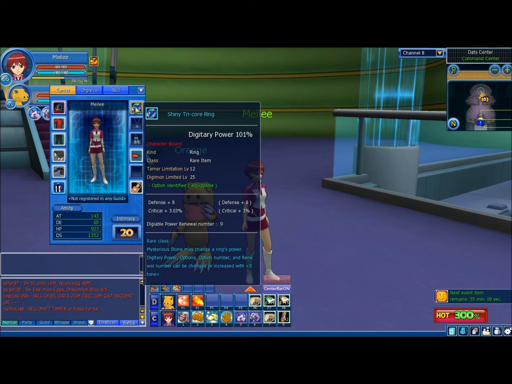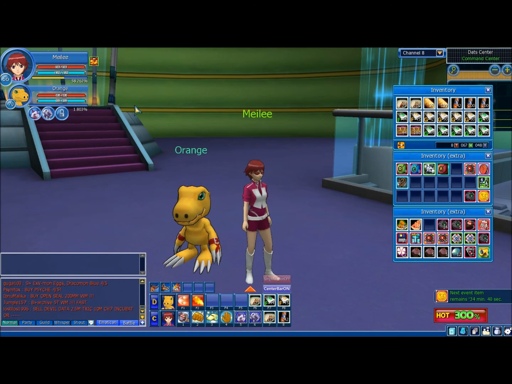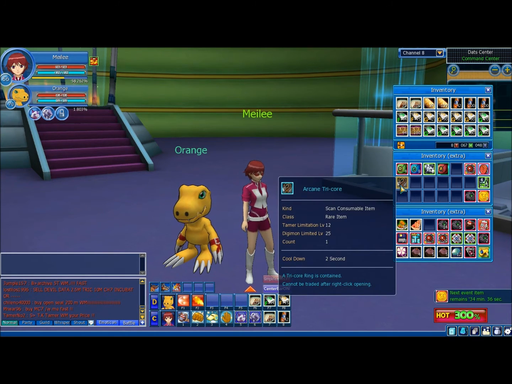For example, Digimon level 20 to 25 will give you a double-core ring. Digimon level, what is it, about 30 and above will give you a tri-core ring. Currently, if you're spelunking in the dungeons, you'll get an even higher, more powerful ring with a better chance for goodies. But, again, spelunking in the dungeon. Here's an example of what the rings look like when you first get them out of the field. Right-clicking on them